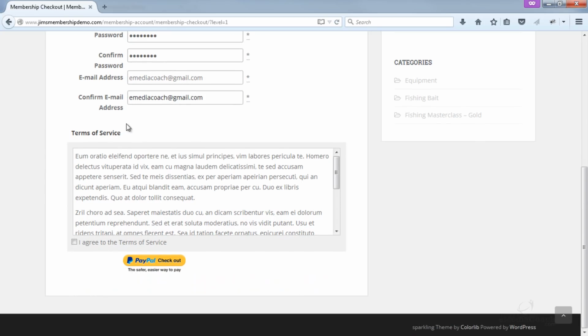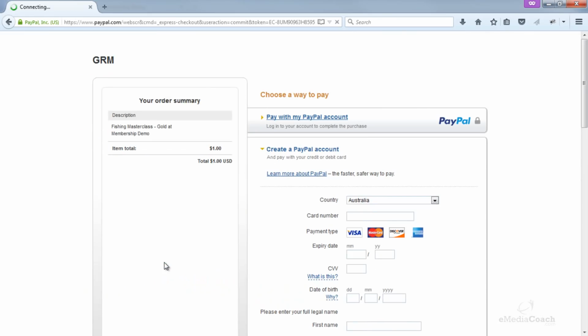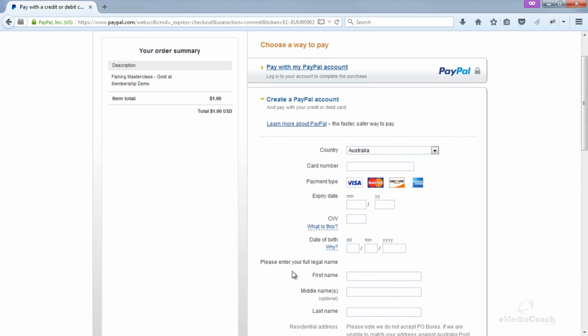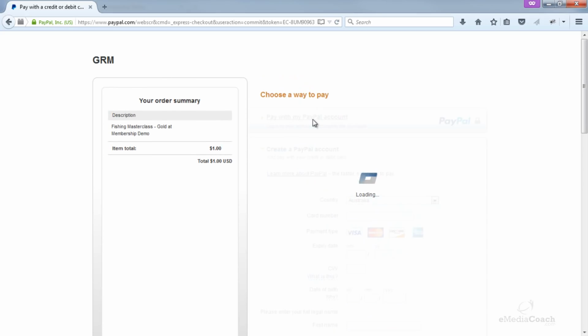Now if you set up a terms and conditions page, it would show on this screen here, and then they'd be able to check out. And if you followed all the instructions that I showed you during the payment section and integrating the APIs and all of that stuff, this should work and they will be able to see this screen. So they can pay with credit card or they can pay via PayPal.